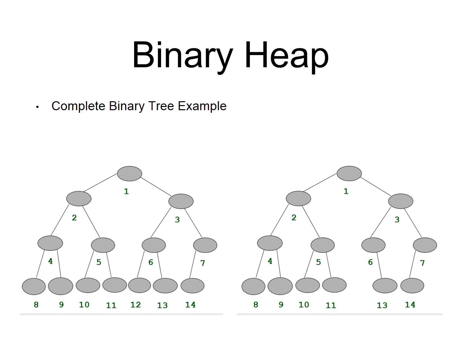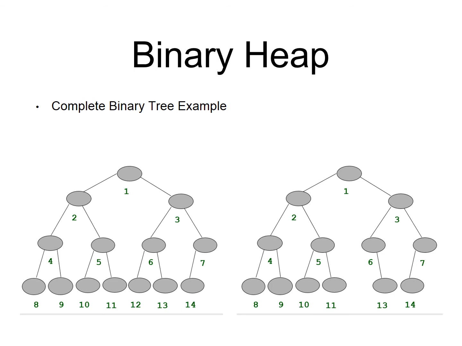So here, first you should understand what a parent node is and what a child node is. Here 1 is considered a parent node because it has 2 nodes connected to it, and 2 and 3 are considered child nodes. So 1 is the parent, and 2 and 3 are child nodes of 1. For 2 and 3, 1 is the parent. So this is the structure of a tree.